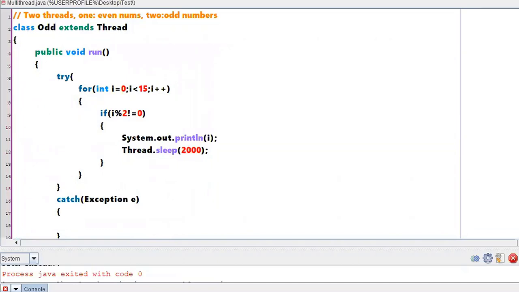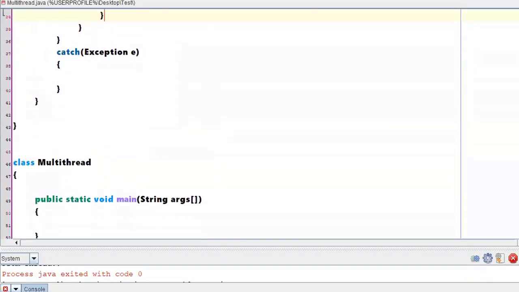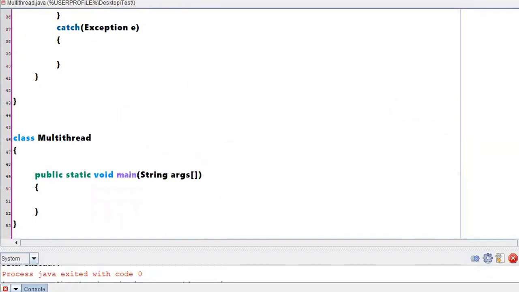So this class is implementing a run method, whose job is to print odd numbers. There is one more class which is extending the Thread class and implementing a run method, that means overriding the run method, and this thread's job is to print even numbers. Are we done with the definition of the threads? Within the definition itself, we have told what job has to be done by those threads. Super. Now let us create those threads.